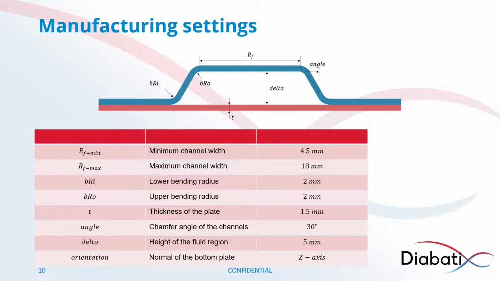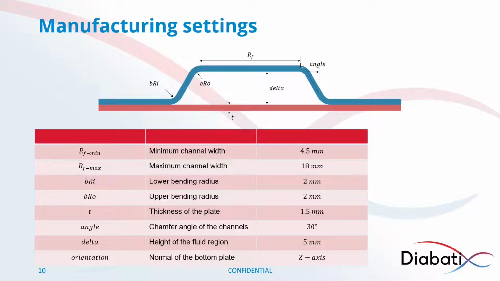I told you already that we need to zoom in a little bit more on the manufacturing, since we need to add some manufacturing settings into the platform in order to take them into account. And for a battery cold plate, they look like this. The first of all is the channel width that you can have minimum and maximum, and we define that at the top of the